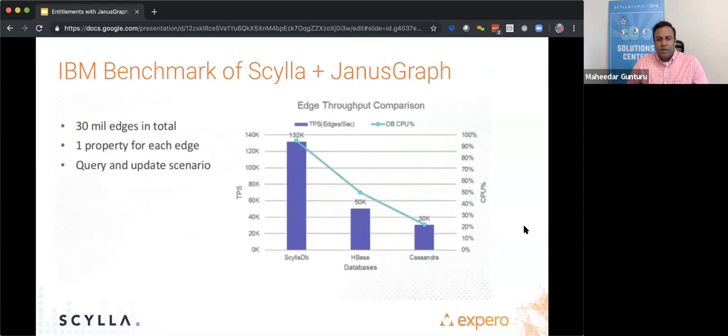And here is one of a benchmark from our customer IBM Compose team, which presented in our user conference recently. So during this multi-phase workload, they first inserted around 40 million vertices, and then in the next phase, as shown in this graph, insert about 30 million edges with one property for each edge. This workload is a mixture of both reads as well as writes. And while testing on this workload, Scylla offered the highest throughput. As shown in the graph, it's about 132K edges per second compared to Edgebase or Cassandra, which were about 50,000